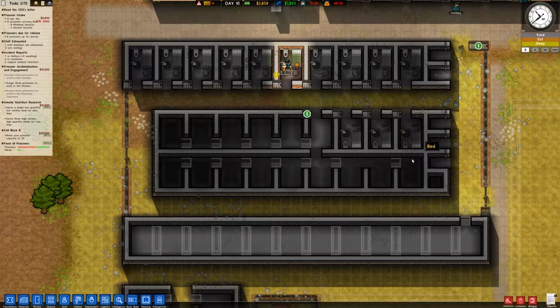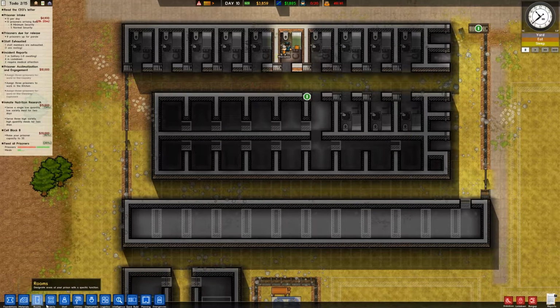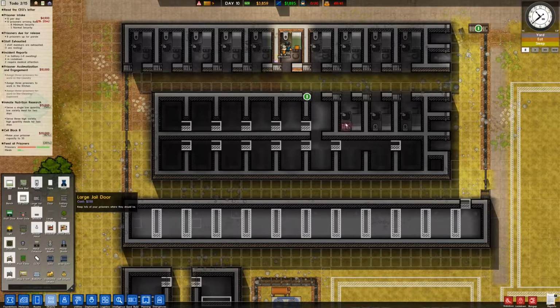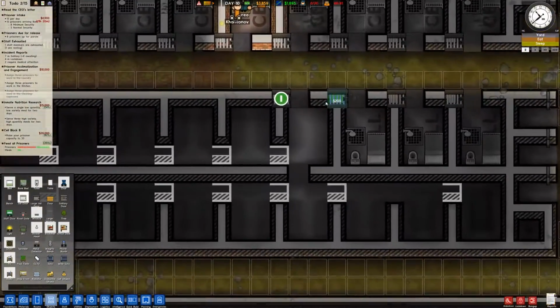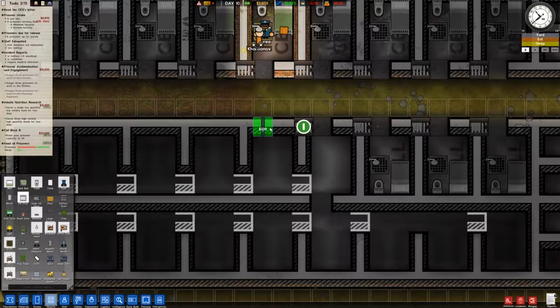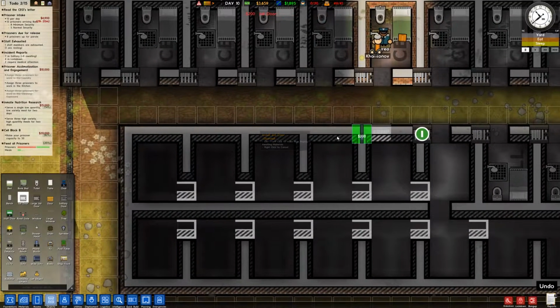I should mark the cells. I can put doors on them and everything, and I can mark the cells as unlocked, and then my guys can just go through them without having to worry about all these walls and stuff like this. So I like that idea, and I'm going to go ahead and do that. So the jail doors are here. Yep, that one's locked. So we're just going to go like that, that,